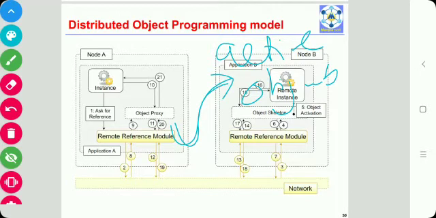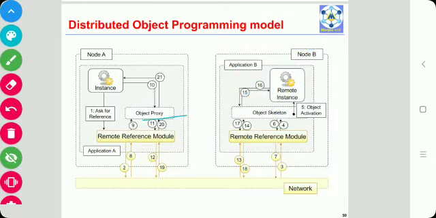obtained. So here parameters and return values are marshaled as happens in the RPC. Means here marshalling and unmarshalling is also done like the RPC. And here the reference to the object is represented by the pointer to an instance that is of shared type of interfaces. Here the distributed object framework gives the illusion of interaction with a local instance while invoking a remote method. So this is done by proxy and skeleton.